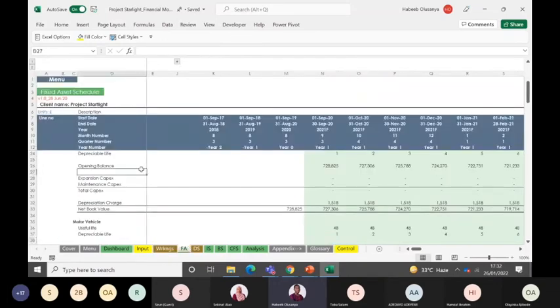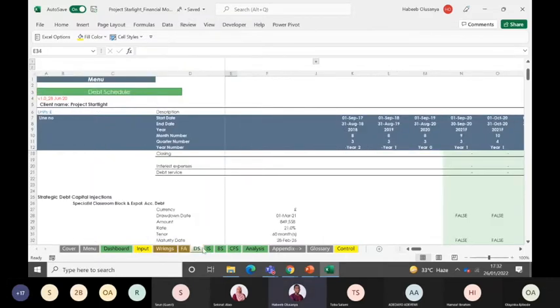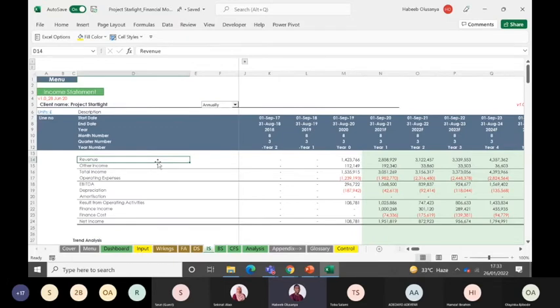And then the FA sheet is where the capital expenditures are calculated. The DS, for example, is where the debts are calculated. And then this is the income statement where you easily can see that the company expects to make £2 million in the forecast year 1, £3 million in forecast year 2. They expect to get £192,000 in other income, spend about almost £2 million,